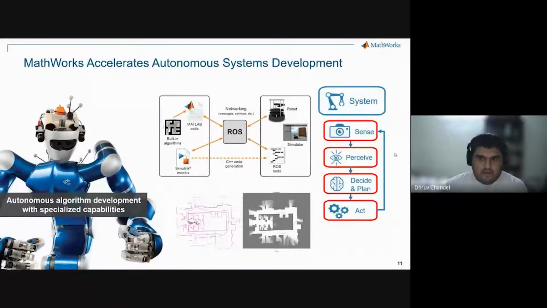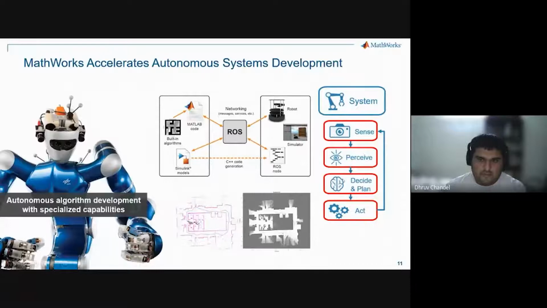And overall, we will be looking at these kinds of things. So we'll be looking at a little bit of this entire workflow. A typical robot has to have some kind of sensors. It has to be able to perceive from the sensor data what's in the environment. It has to decide and take certain actions, and then it actually has to act.